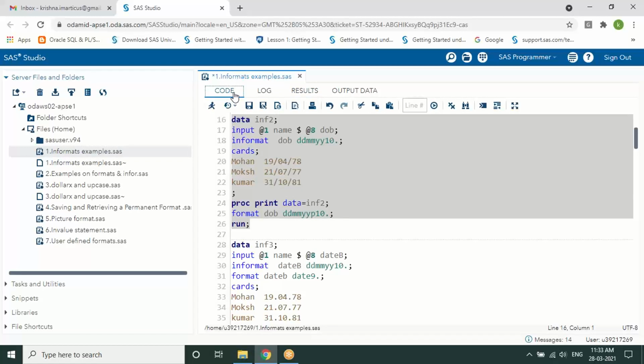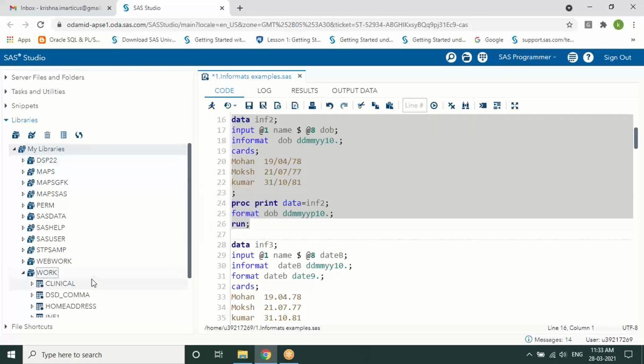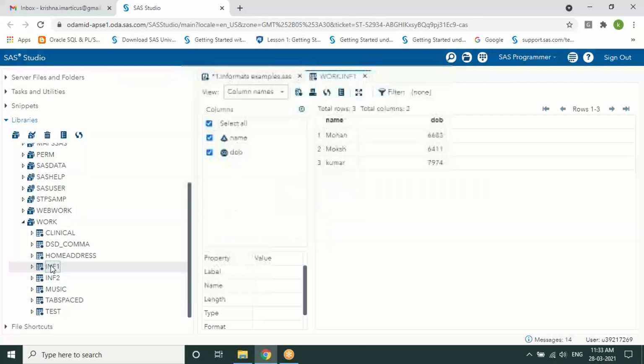But the point to recognize here is, when you go to the libraries and go to the data set, it will by default store all your dates as numbers, like if I open it, INF1, INF2, which no one can understand.